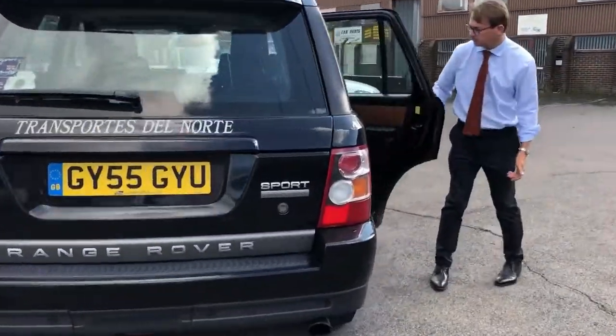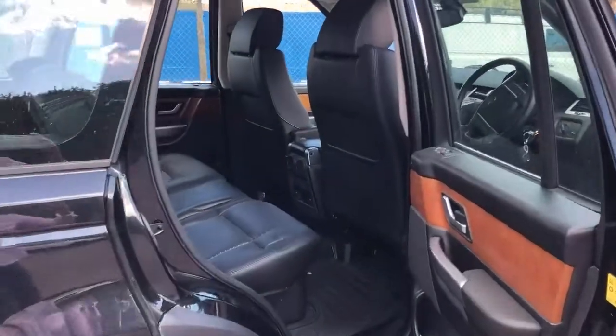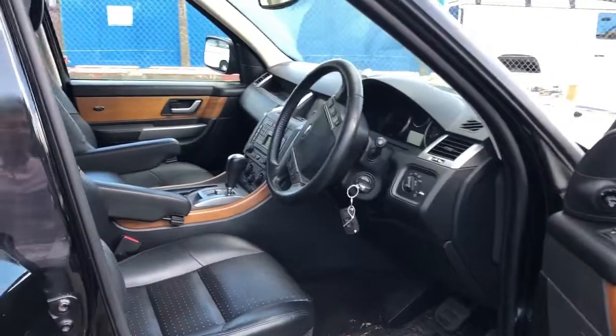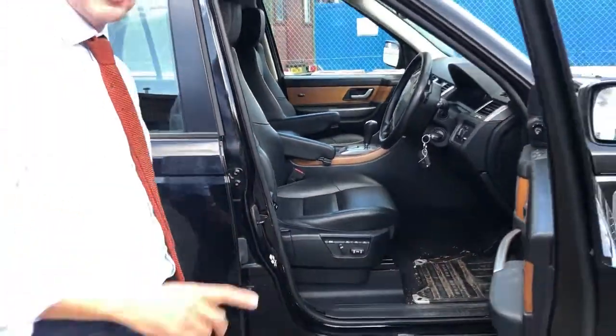Interior, well, looking very good. I'd say looking near mint actually. Pretty well unused. Those back seats at any rate, and again in the front, all looking to be in good condition. It's been standing in our yard for a couple of weeks. Started up first time. And I think it's going into the auction with an estimate of 4,000 to 6,000